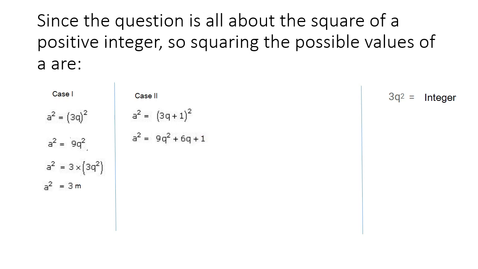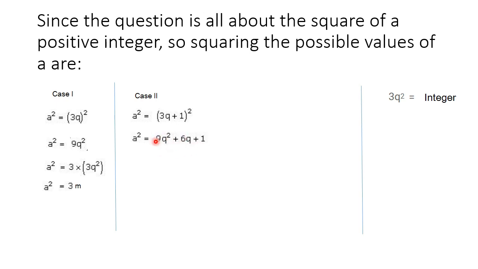Here again we want the form to be 3m or 3m plus 1. The ending plus 1 will not create any problem, because plus 1 is what we need in the question. Either we need 3m only or we need 3m plus 1. So plus 1 is not a problem here, but the first 2 terms will have to be changed to 3m form.